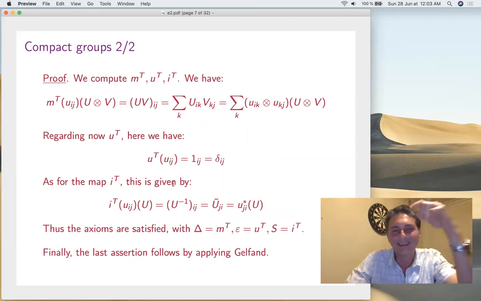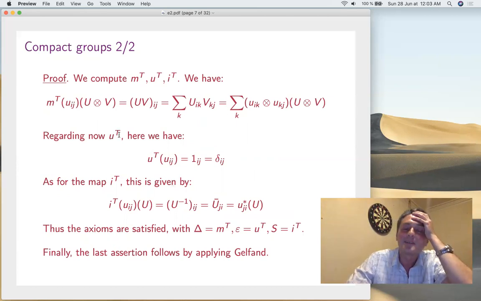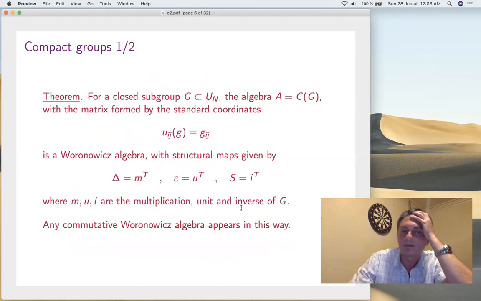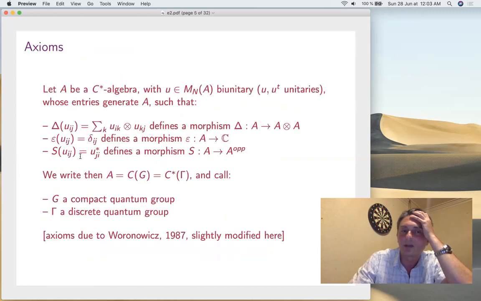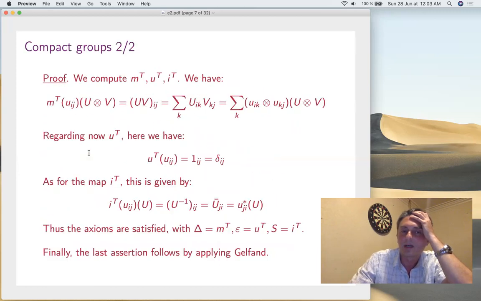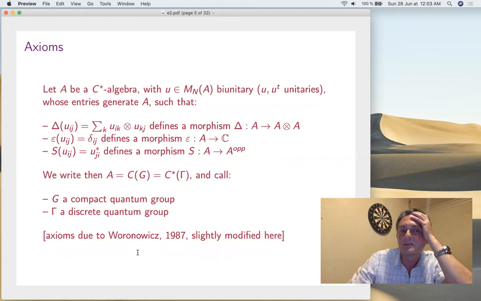Well, here is now the complete proof. The transpose of the unit is this, so it's exactly your epsilon. The transpose of the inverse is exactly u_ij, u_j star. That was the formula for the antipode. So we're fine. Conversely, you take a commutative algebra satisfying these axioms over here, by Gelfand it is C of